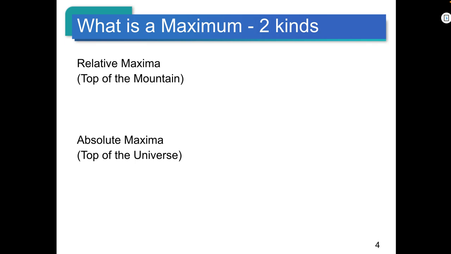So we can have actually multiple relative maximums, right? Because we have a mountain here, a mountain here. One could be higher than the other, but they're both relative maximums because in their area, they're the highest. One could be a hill, one could be a mountain, but we would consider both of them to be relative maximums. We can sort of technically only really have one maximum,